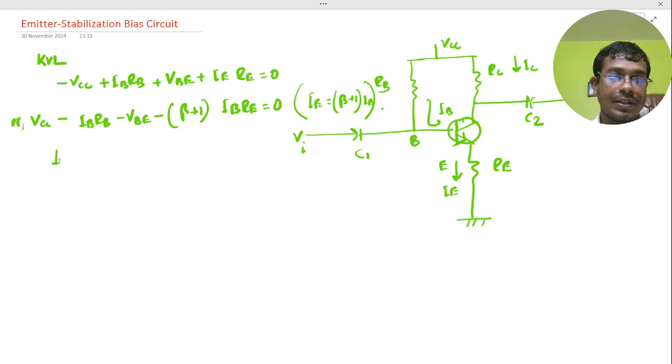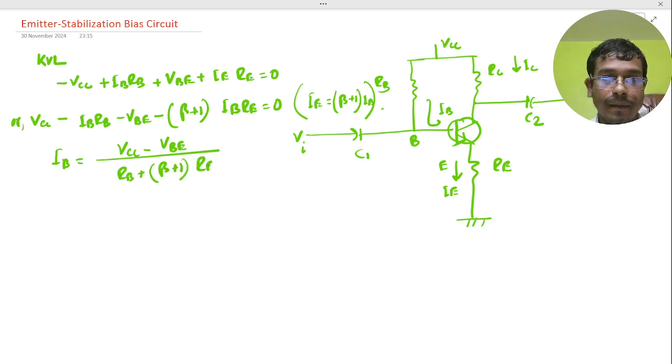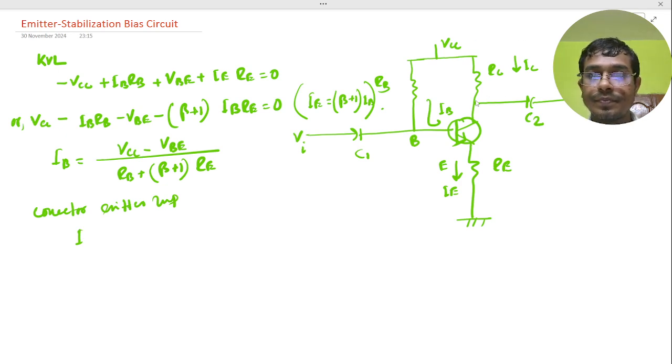So now we get the base current IB is nothing but (VCC minus VBE) divided by RB plus (beta plus 1) times RE. This is our base current, and now we analyze the collector-emitter loop, which gives the value of IE RE plus